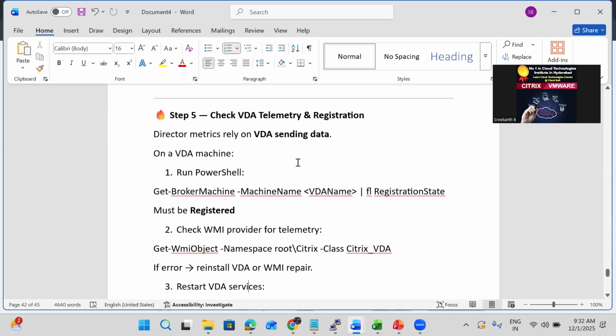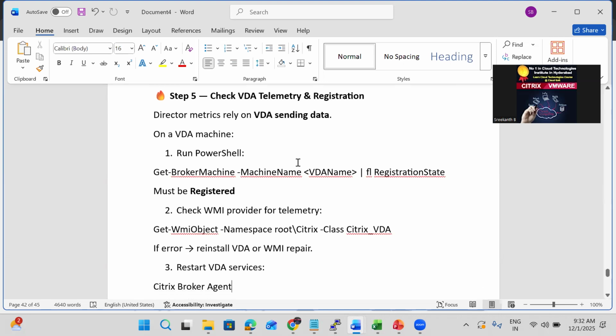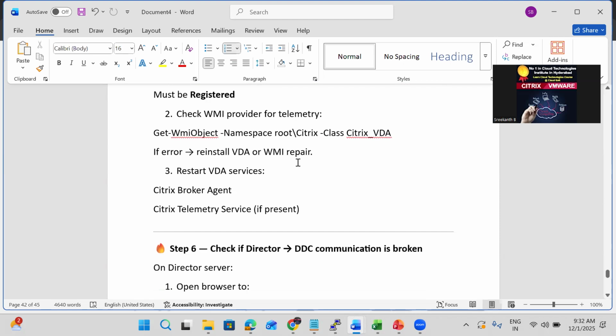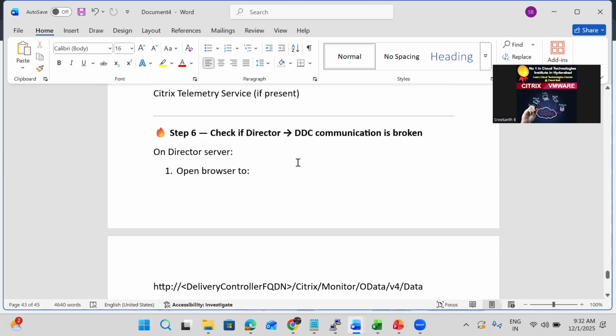Then on the VDA also, because all the VDAs need to send those metrics, they are sending them using telemetry. If the machines are in an unregistered state, then maybe restart the VDA service once. Also check the logs for any WMI issues, because to give the remote machines' Windows metrics,